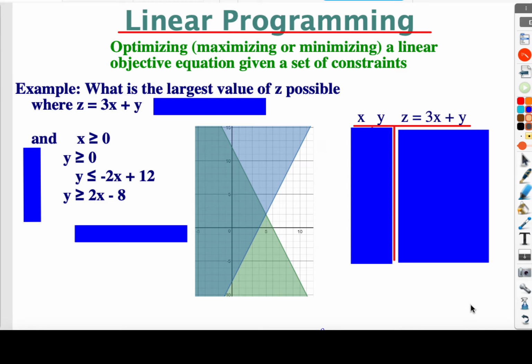All right, this video is going to talk about linear programming. Linear programming is a process in which we're going to optimize, or maximize or minimize, a linear objective function, sort of a goal function, given a set of constraints. So again, we're going to try to maximize or minimize this z equals 3x plus y in this